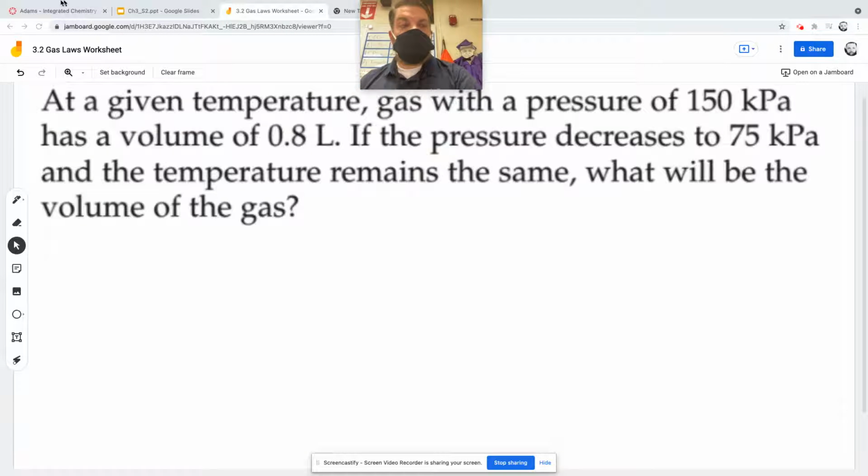All right, so for this one, it says at a given temperature, gas with a pressure of 150 kilopascals has a volume of 0.8 liters. If the pressure decreases to 75 kilopascals and the temperature remains the same, what will be the volume of the gas? So when I look at this, the first step is always going to be,